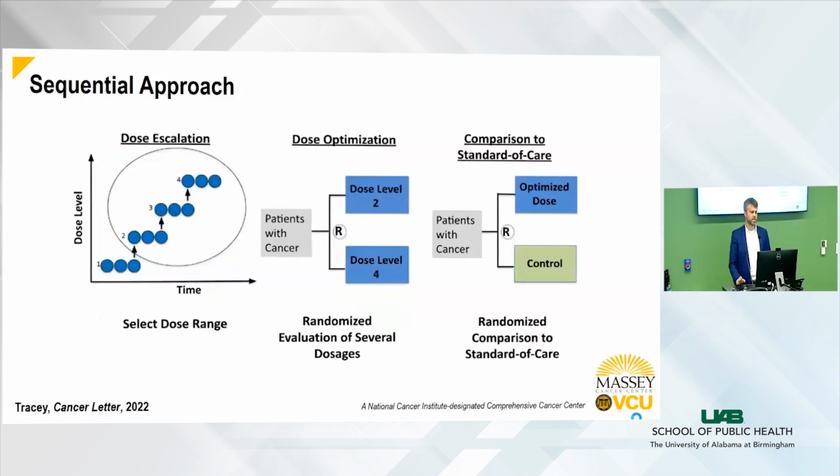So one approach to this is gaining some traction, is having a more sequential approach to this. This is not an approach I'm going to spend a lot of time on in this talk, but I'm just going to make you aware of it, in which we now conduct a dose escalation study, but we're choosing multiple doses to carry forward to compare efficacy endpoints on. So it might be a dose ranging study in which we have these 4 dose levels, and we're going to put patients on as we normally would in a dose escalation study,